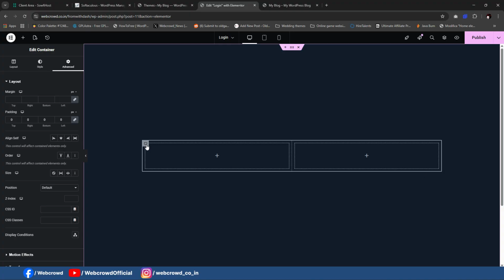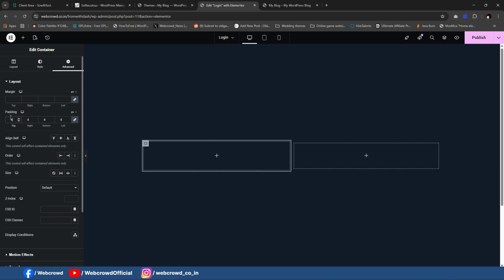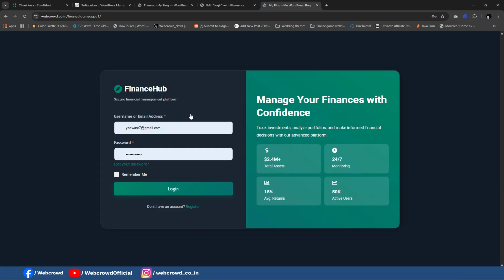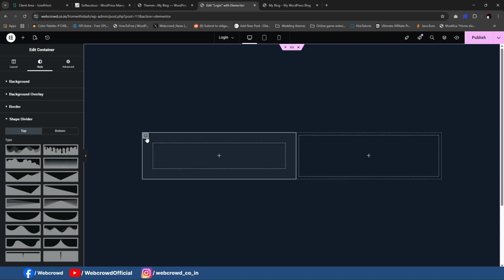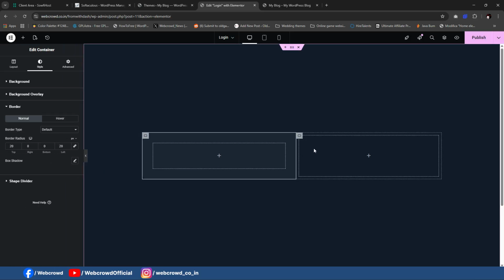sides. Okay, now select this, give padding to 40 and the background color will be this. Okay, like this, and give the border radius. So the border radius will be on top, which is 20, and left maybe. Okay, left, right. Now